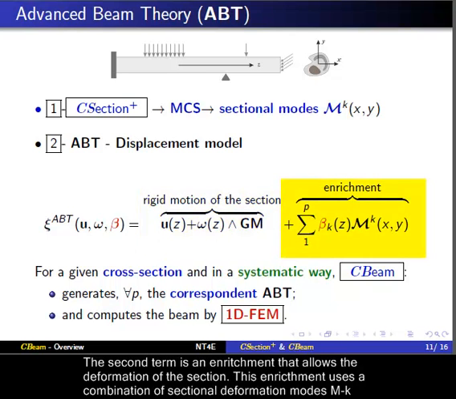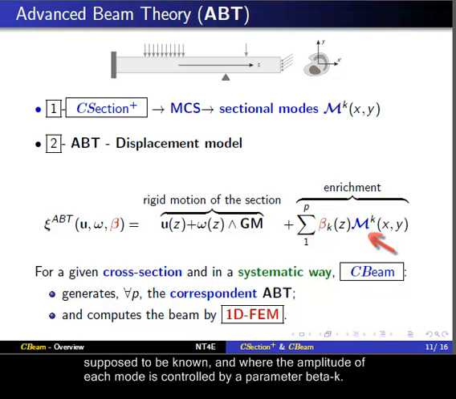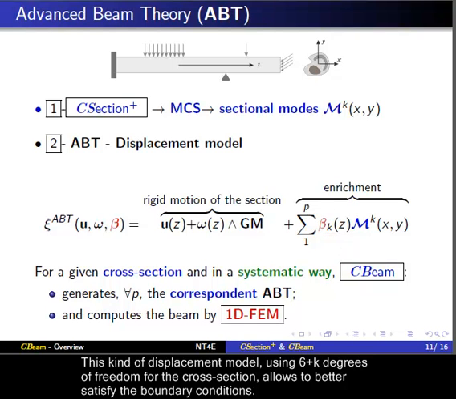The second term is an enrichment that allows the deformation of the section. This enrichment uses a combination of sectional deformation modes Mk, supposed to be known, and where the amplitude of each mode is controlled by a parameter beta k. This kind of displacement model, using 6 plus k degrees of freedom for the cross-section, allows to better satisfy the